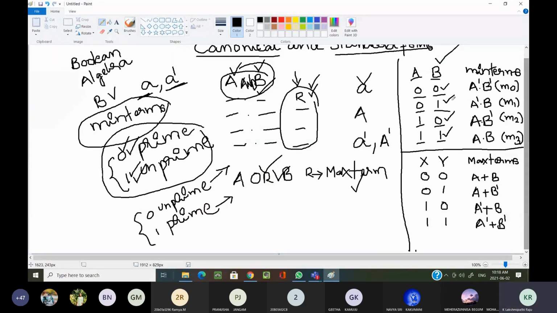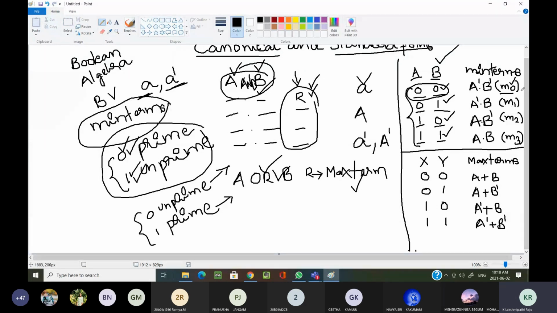Whenever you change the position of these combinations, the order is important. Why? Because here, this 0 0 combination I am always considering as minterm 0, small m of 0. These small m0, m1, m2, m3 minterms play a very important role. Why? Because from next time onwards, whenever we are doing problems, there is one more concept, sum of products as well as product of sums, that we are going to learn in today's session itself.